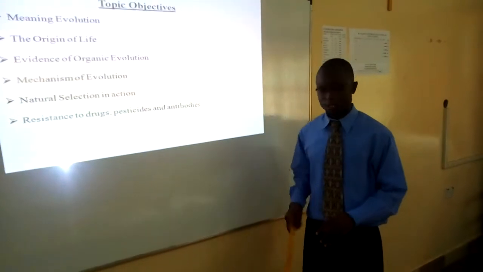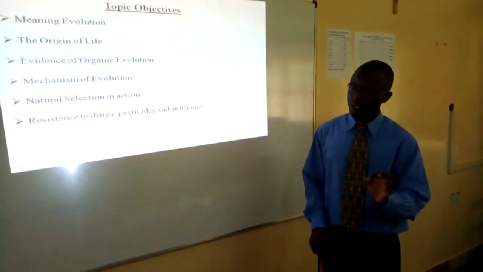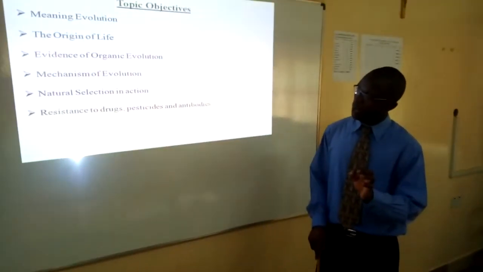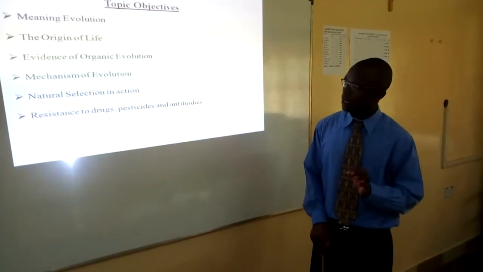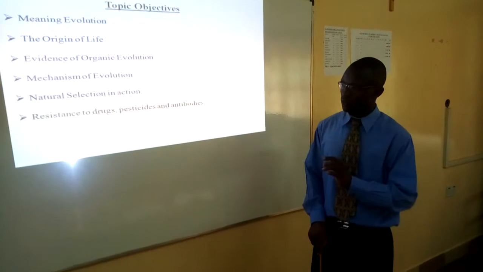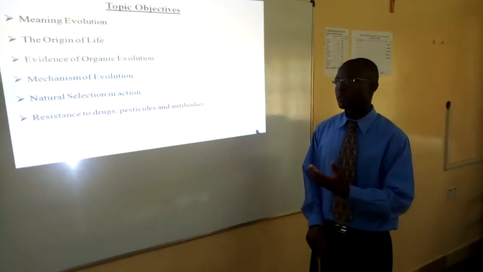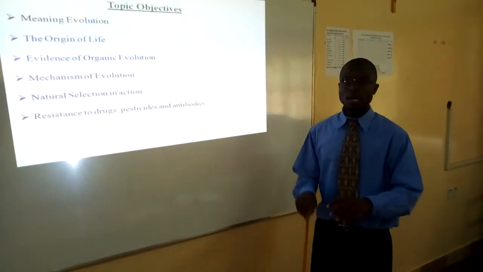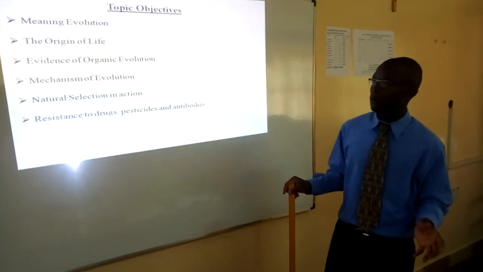Natural selection in action is now to recollect on one of the theories proposed by Lamarck and Charles Darwin about origin of life, and that is natural selection. So we will be able to discuss natural selection and in real life experience, or how it is